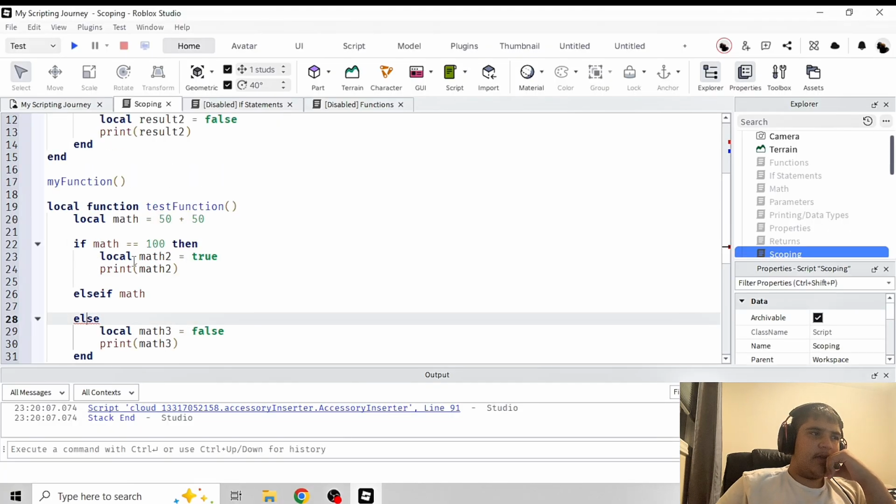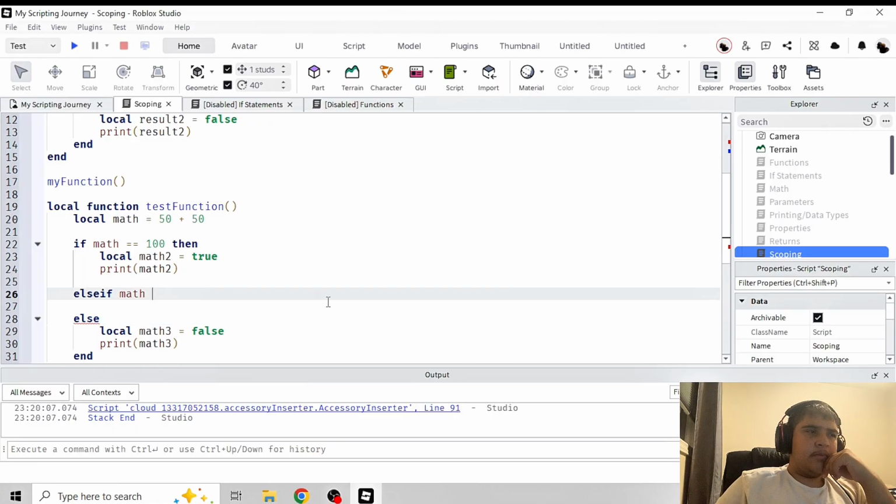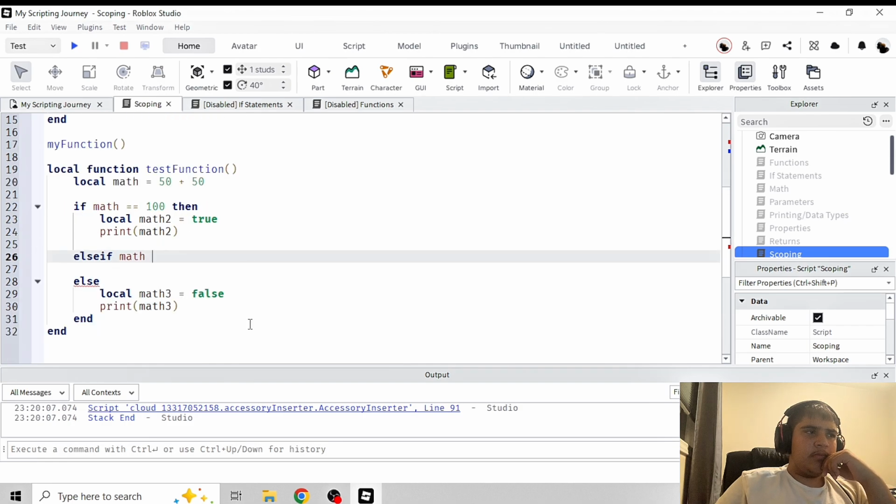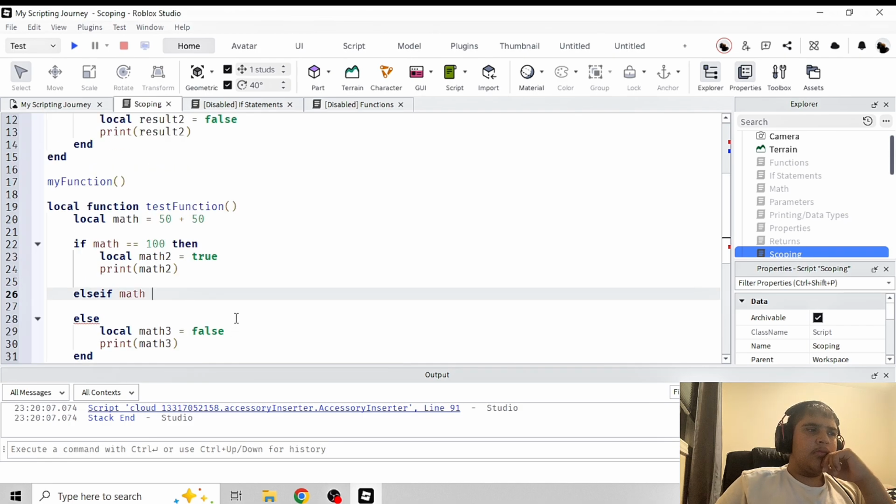Local function, if math equals 100, then local math 2 equals true, print math 2. Else if, also, if math equals nil, then, okay, technically I'm comparing, so else if math equals nil, then